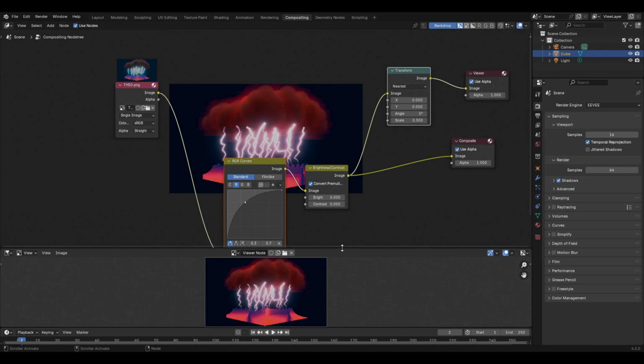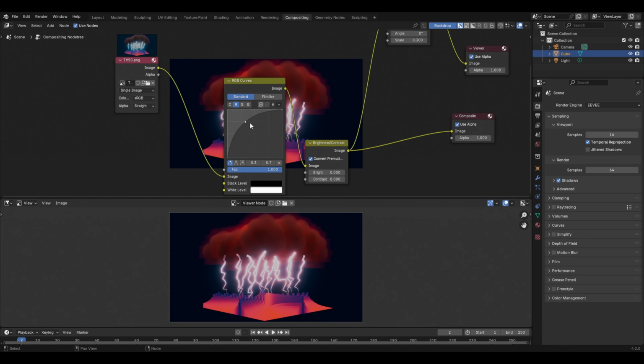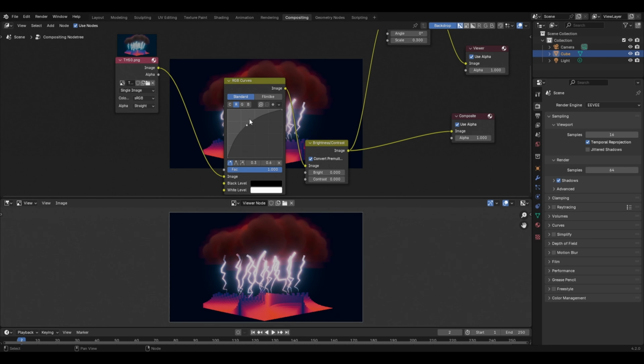To see the result properly, let's increase the size of this image editor, and now we can see the result properly. So by moving this pointer in the upwards direction, you will increase the amount of red color, and by moving this pointer down, the amount of red color will reduce, and now the image looks like this. So when the pointer is in the middle, there will be a balance in the red color. By moving it up, the amount of red color will increase, and yes, it will also depend on which particular position you are placing your pointer. For example, if I move it in the right also, then in this case the image will look slightly different from the previous result. But again, in simple words, the amount of color will depend on the position of this pointer.